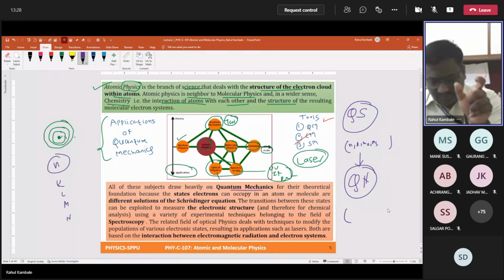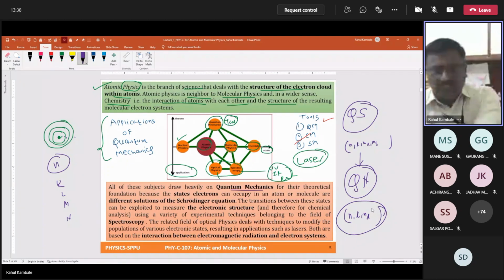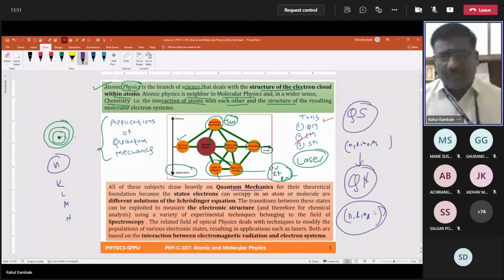But normally these three are okay: N, L, ML, as far as the position of the electron inside the atom is concerned. MS is a different part, but nowadays people use it, so okay, we can include it there. But if I know these three, N, L, ML, I can find out everything related to the